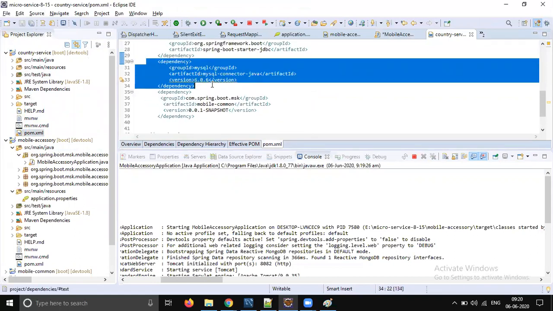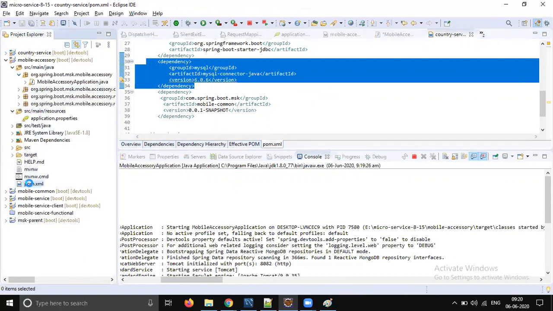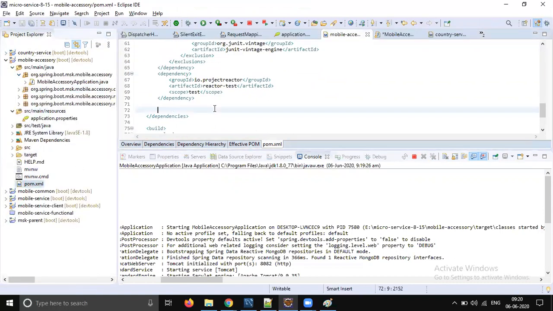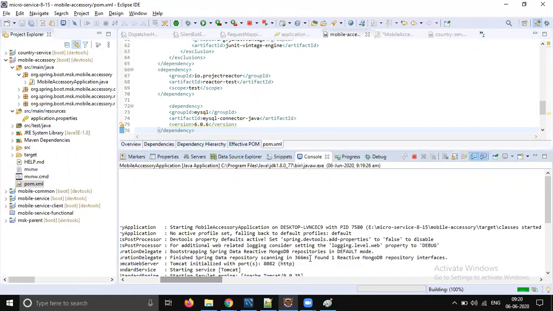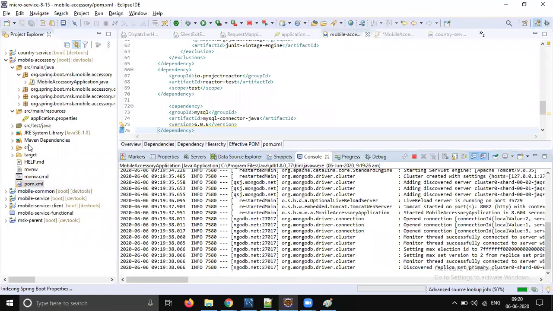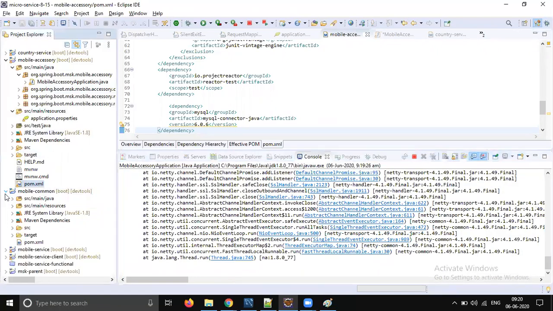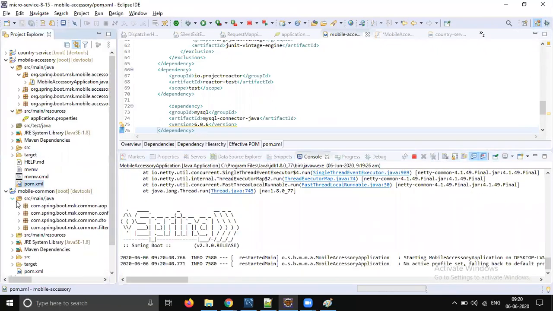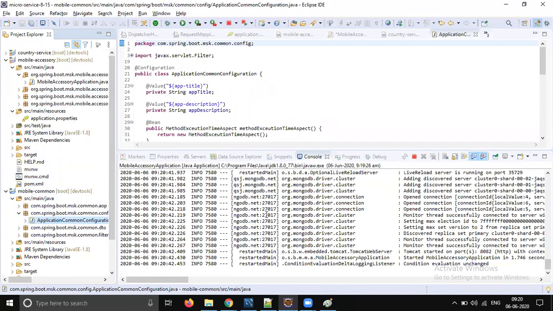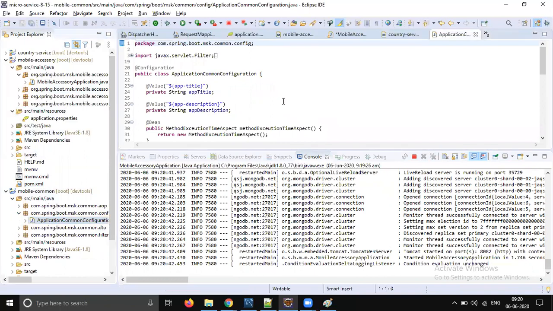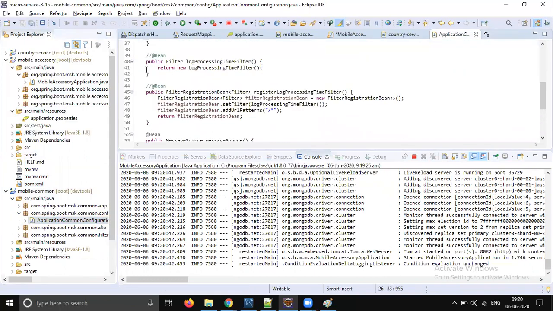Just add this common dependency in accessory. I think there is some code we commented, so let's go to the configuration and enable the filter code.